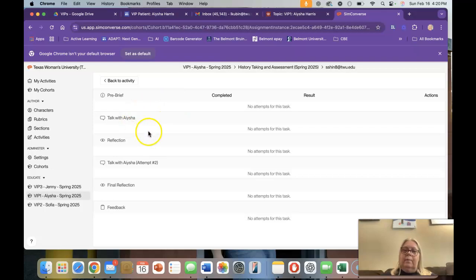And so it will pull up here and give you a pre-briefing for you to do, and then you have the opportunity to talk to your patient. After you talk to your patient, you'll do a reflection, and then you can talk to them again. I told you that you have the opportunity to do things over and over. With SimConverse, you only have the opportunity to do it twice. Once you do it the first time, you will get the rubric so you can see all the things that you need to do,